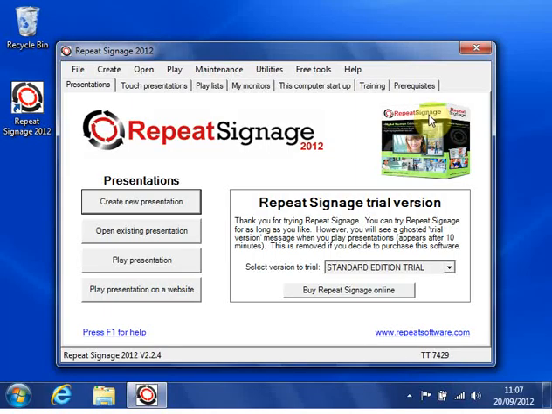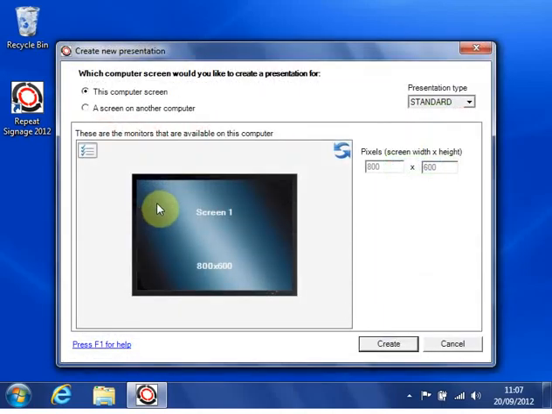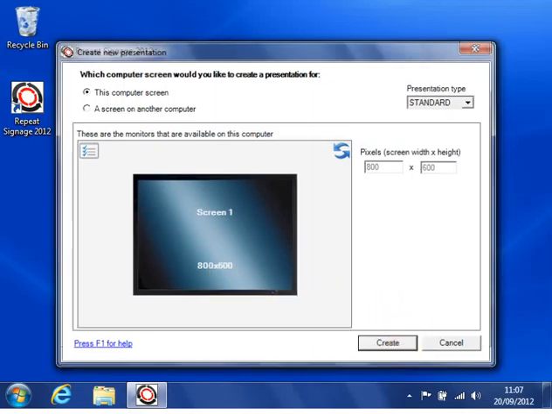What I'm going to do in this video is to show you how we built up one of our sample presentations. This is a Repeat Signage main screen, and I'm going to click on Create New Presentation, and this area here shows me all the screens attached to my system. At the moment I've just got one screen, with a resolution of 800 pixels by 600 pixels. I'm just going to go ahead and click on Create,